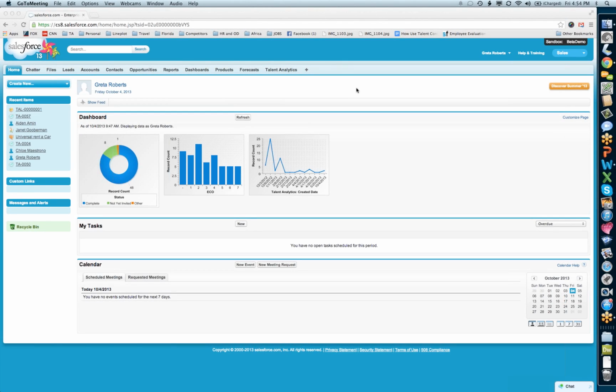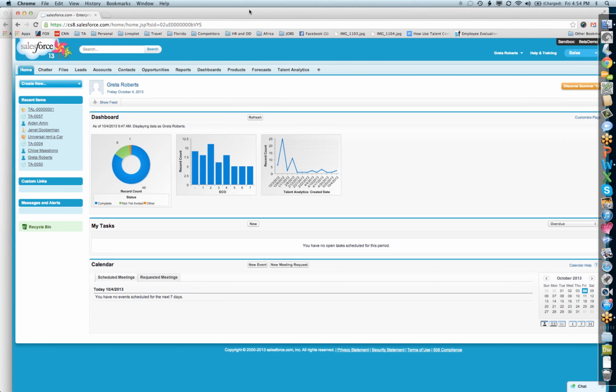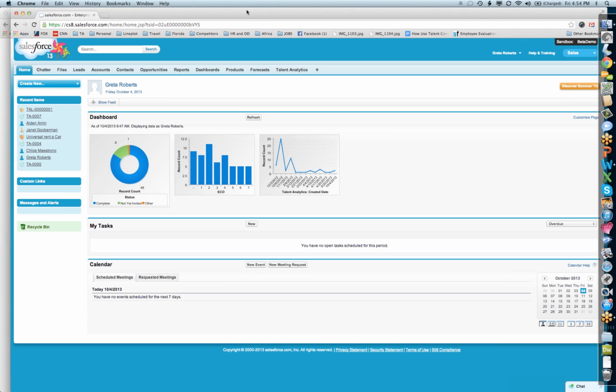Greta Roberts. I'm the CEO of Talent Analytics, and what I'm demoing today is a new version of Talent Analytics for Salesforce. A large percentage of what you're going to be seeing today is in the existing product, and it's the more advanced things that I wanted to point out as well so that you can see